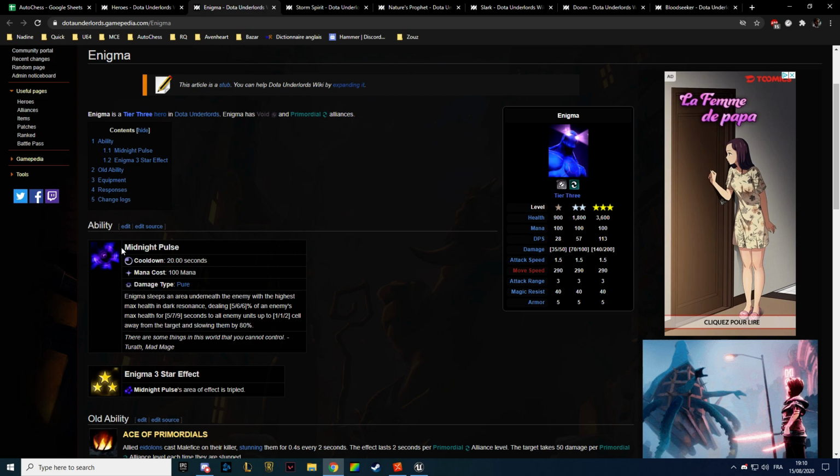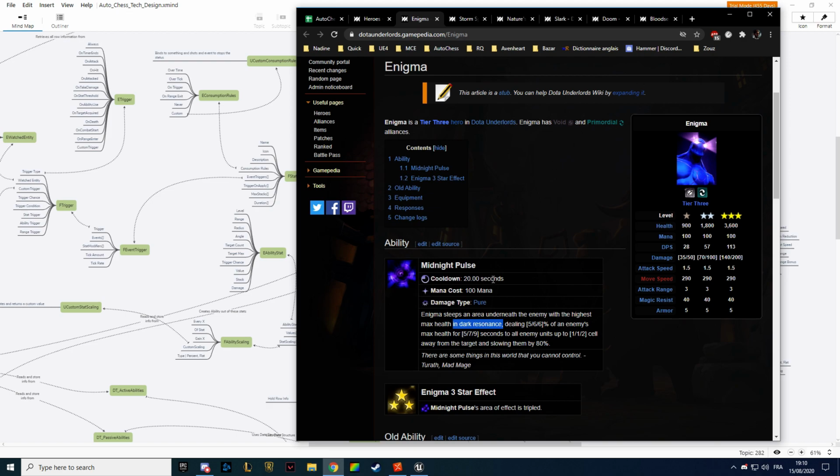So Midnight Pulse, what does it do? Steeps an area underneath the enemy with the highest max health in Dark Resonance. So when he reaches max mana, he casts the ability. So we can do this. And he spawns